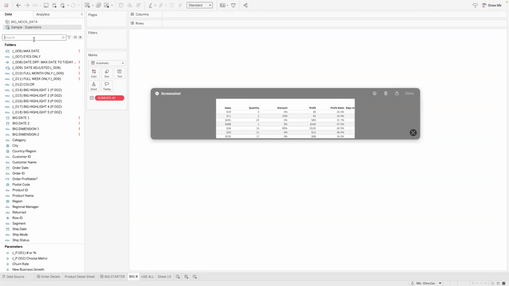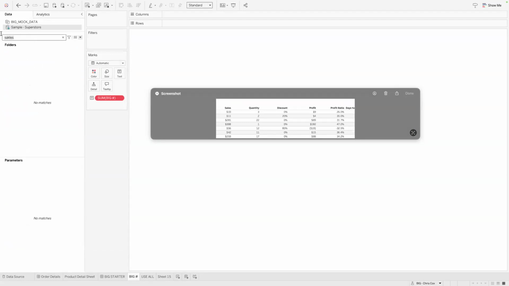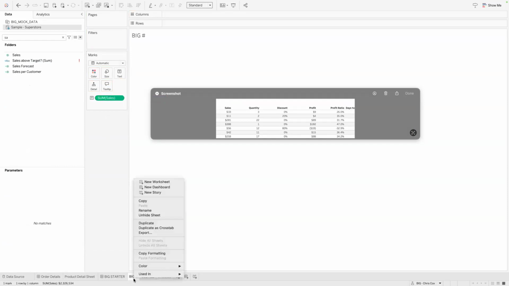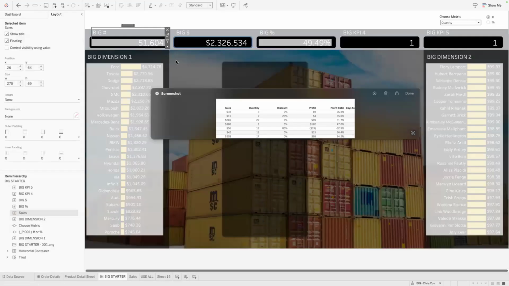So I want to do sales. So I'll just swap out, rename it. Back. So sales is now good.